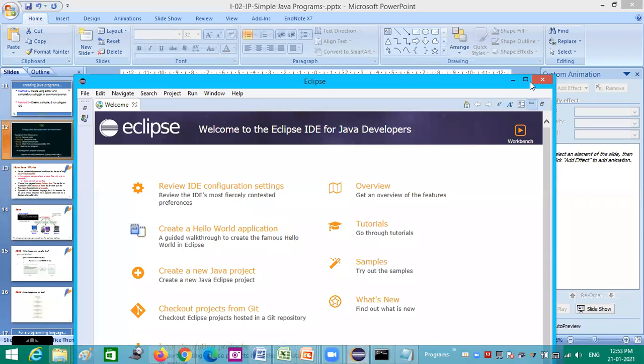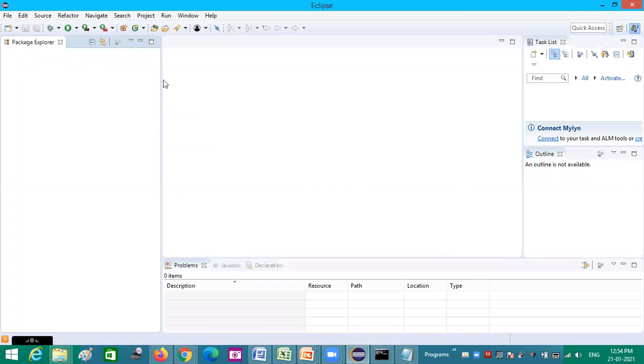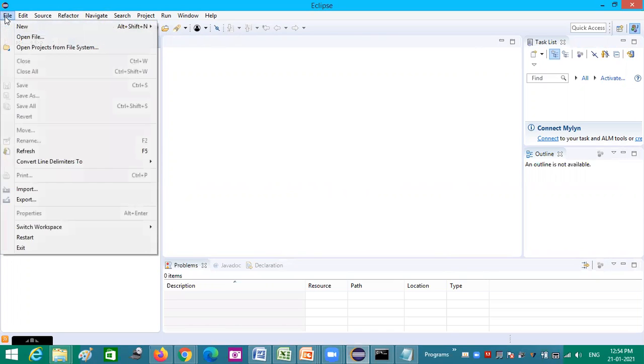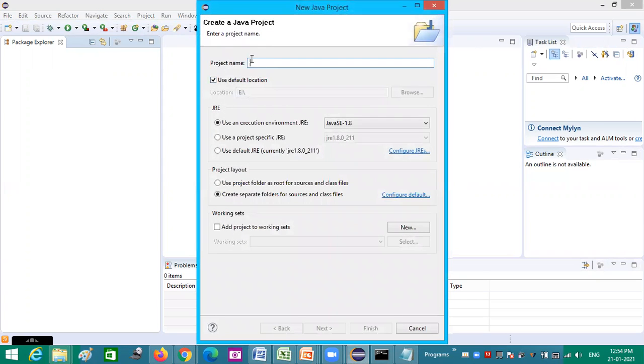So this is the Eclipse environment. The environment will be like this. Here I simply have to create a new Java project. So I am creating a Java project named basic Java. It asks which execution environment should be used.